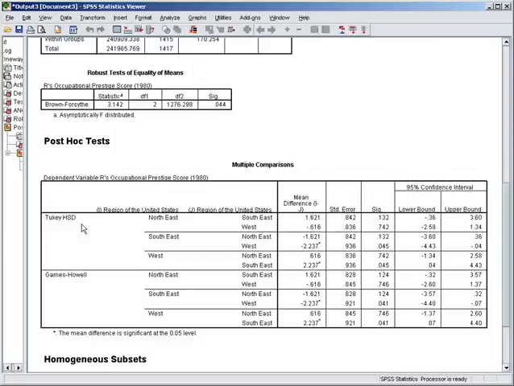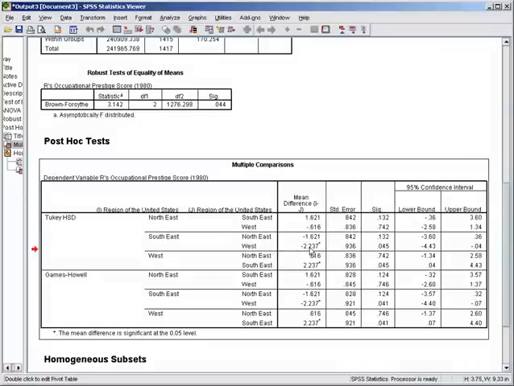Okay, so we look down the column labeled mean differences and look for any asterisks next to the values listed. Okay, so we have one here between the west and the southeast. Wherever you see an asterisk, this means that the two groups being compared are significantly different from one another at the p less than 0.05 level. Therefore, we see that the respondents in the southeast region have significantly different occupational prestige scores than those in the